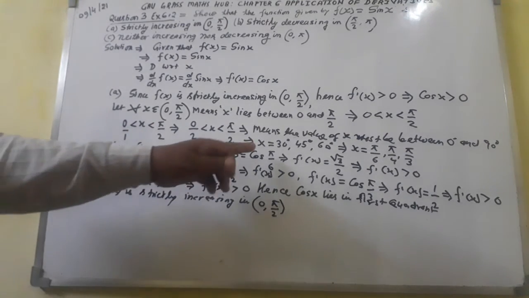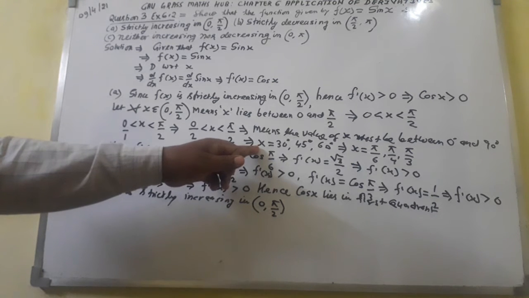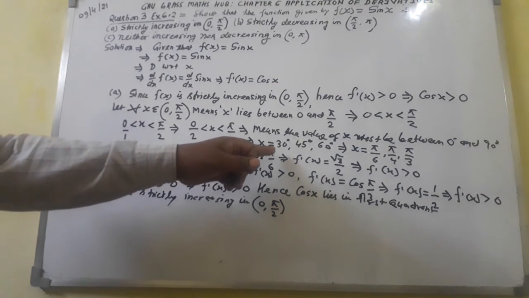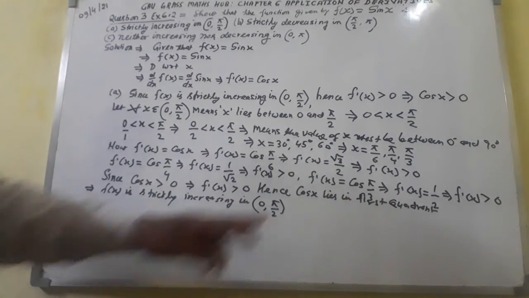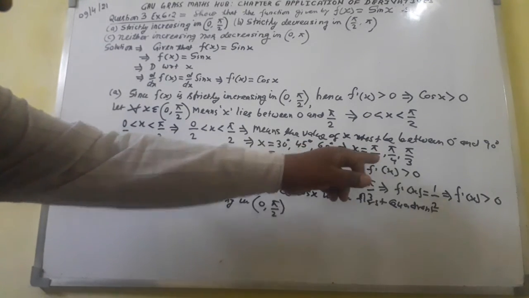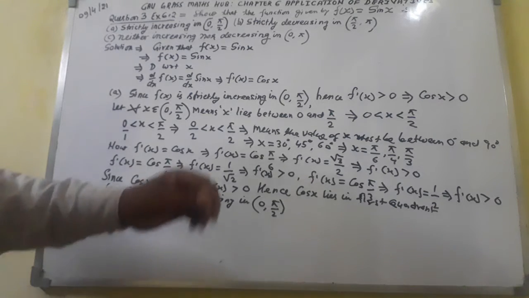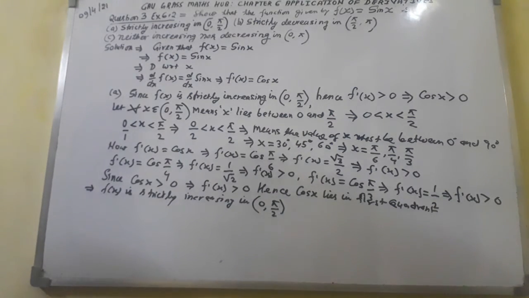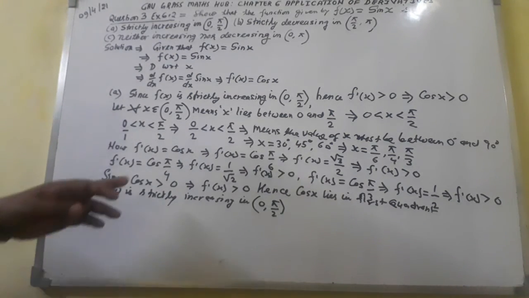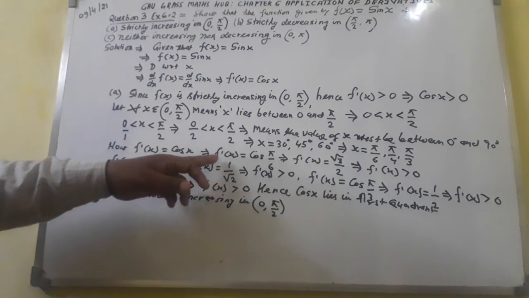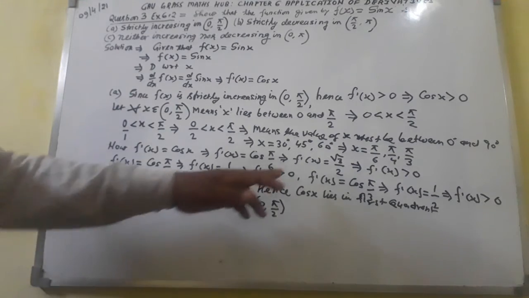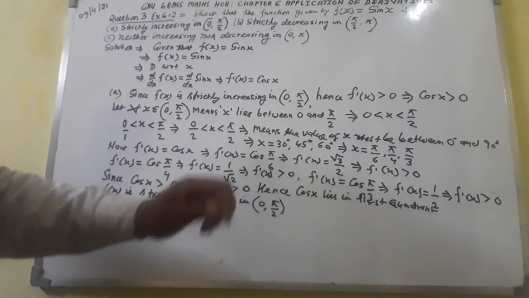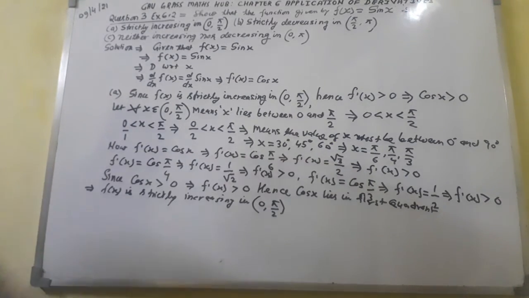The values of x I shall take between 0 degree and 90 degree come out to be 30 degree, 45 degree, 60 degree. The values of x we have got are pi by 6 means 30 degree, pi by 4 means 45 degree, pi by 3 means 60 degree. So now in place of x I shall put here f dash of x equal to cos pi by 6. We will get cos 30 degree comes out to be root 3 by 2.